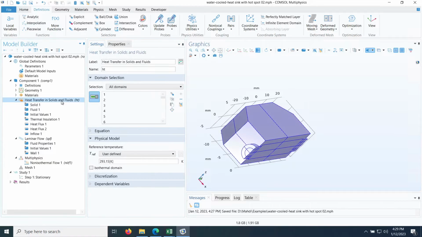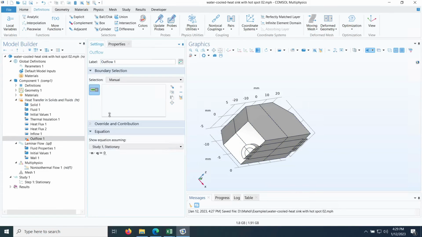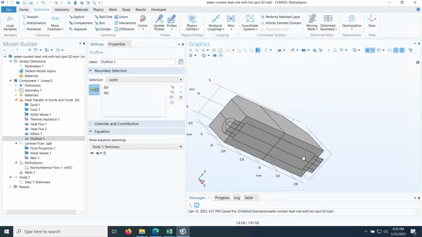And for the outlet, again, right click, go to flow conditions, outflow. I don't need to apply anything. I just have to select the outlet. And the next thing I have to do, and I have to be careful here, is to define the symmetry